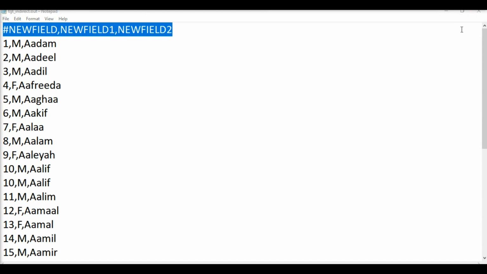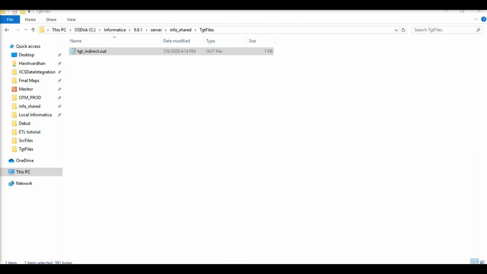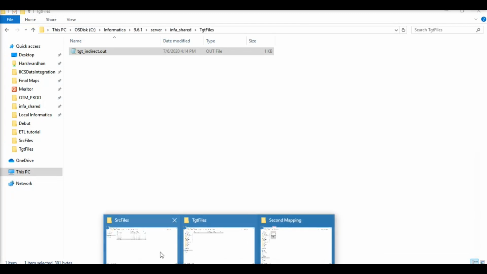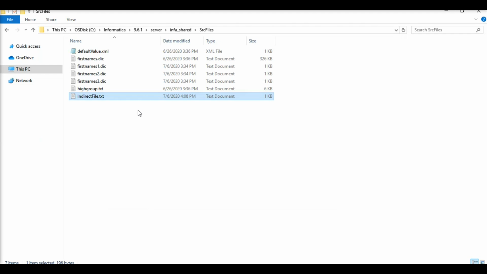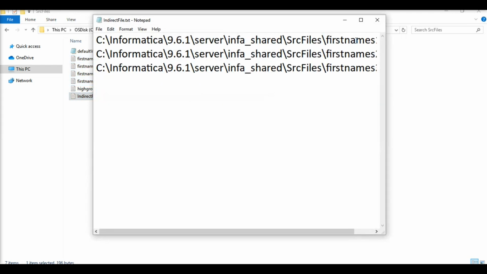So this mapping is very useful because in many projects you come across scenarios where you have to process multiple flat files of the same structure in a single mapping. So you can use this method, and you can also create a script which will read all the files in a particular directory and automatically create this indirect file.txt file. In the next video I will cover how to write that script in Unix and Bash, so instead of creating this file manually, we can do this via script. Alright guys, that's it.